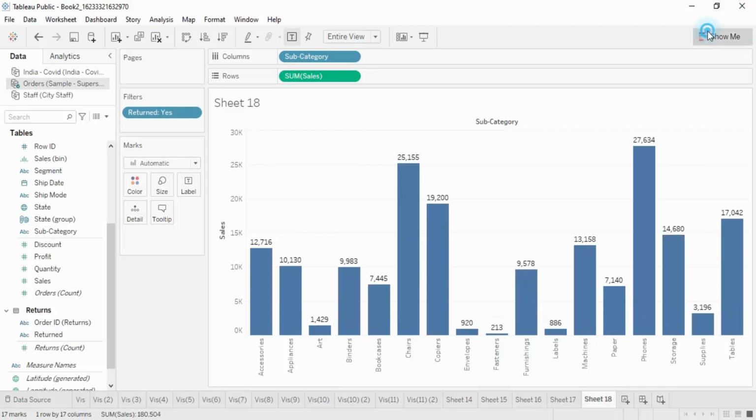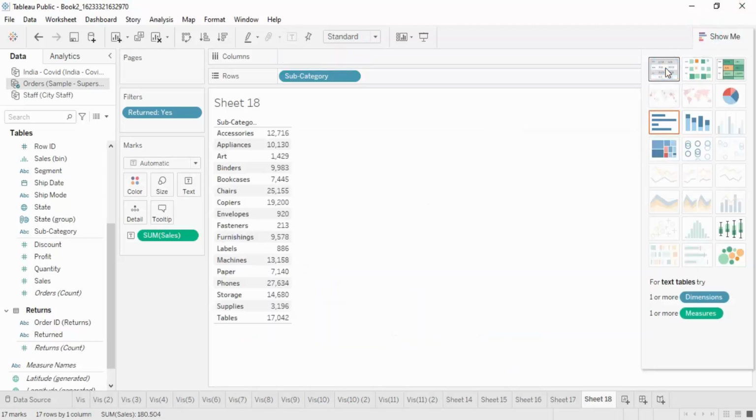If you just want a total value, you can just change it into a table, and that would give you a total amount as well. So what you can do is just take a look at the sum of sales, which is $180,504. That is the total amount of the orders that was returned.